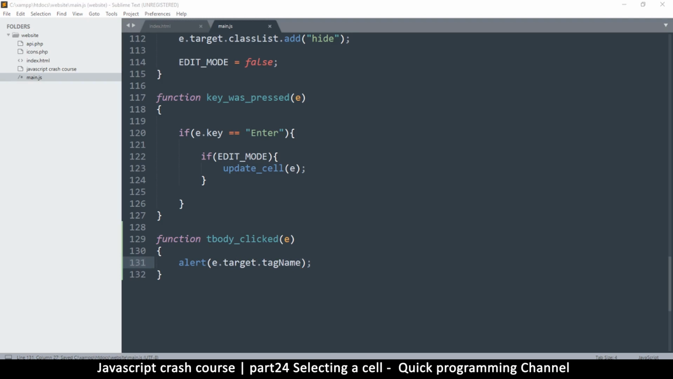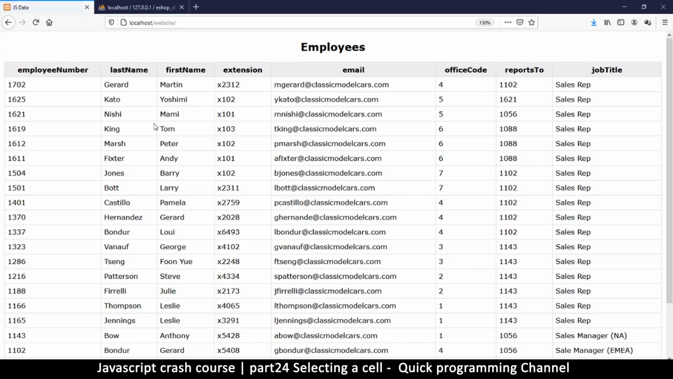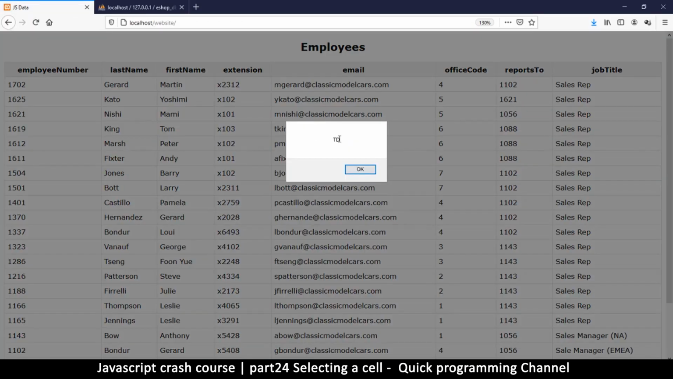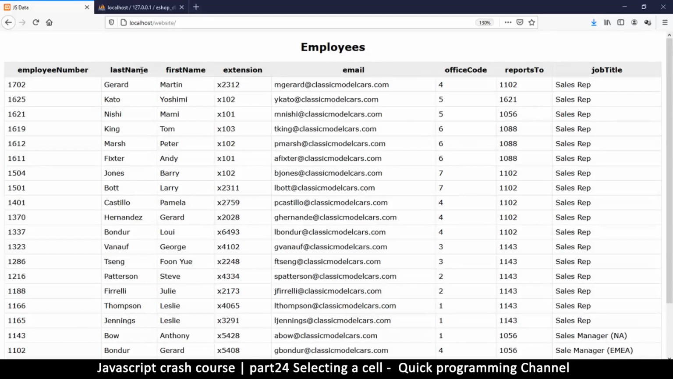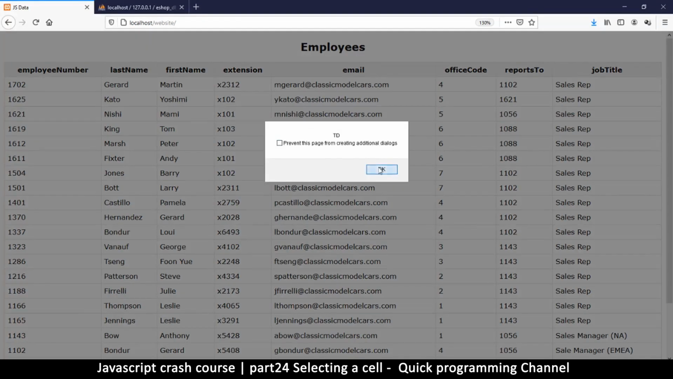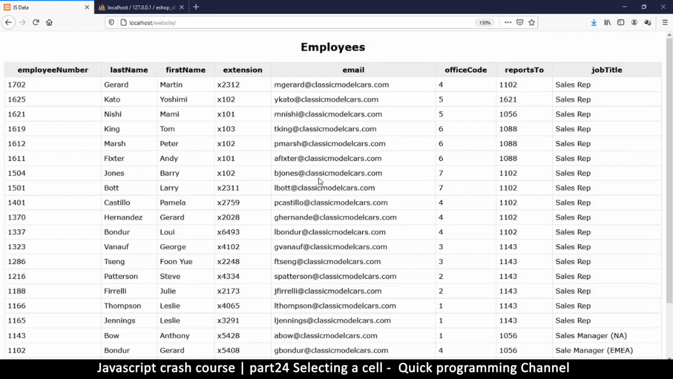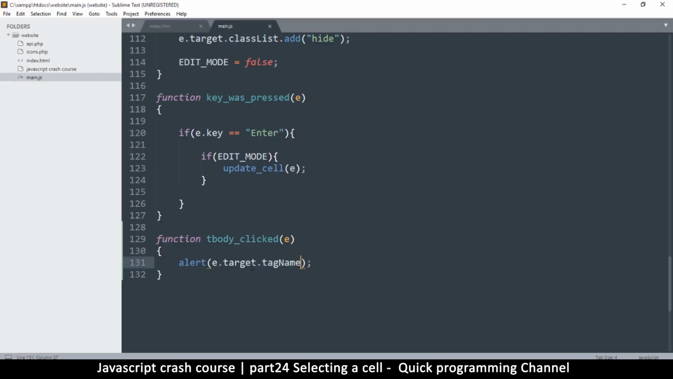Okay, so let's come back here for a second, refresh the page, and click. So you see it's table data. Okay, so it's always table data, regardless of where I'm clicking here. So that's okay. All we need to do now is to add a class of selected to this